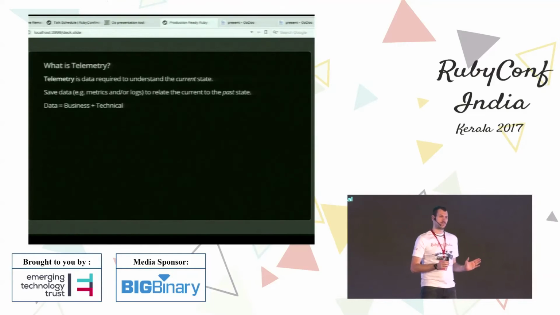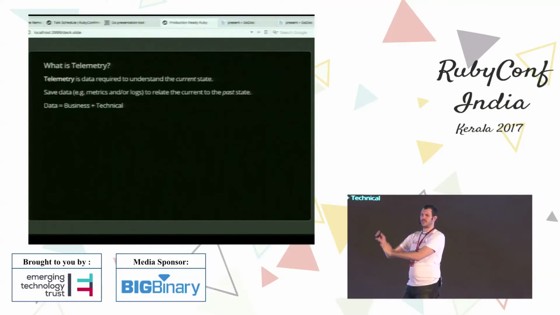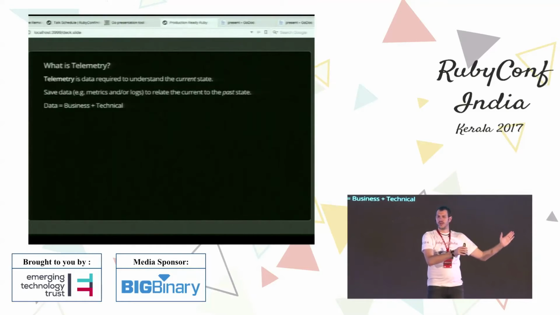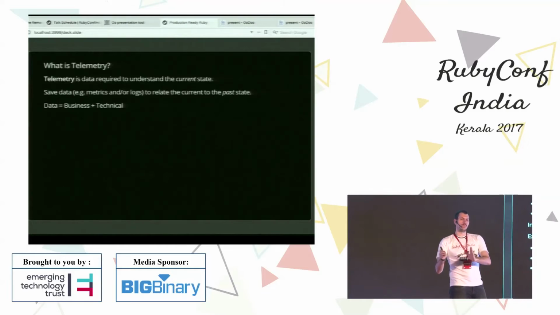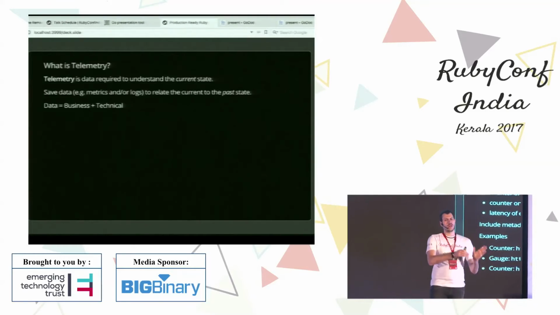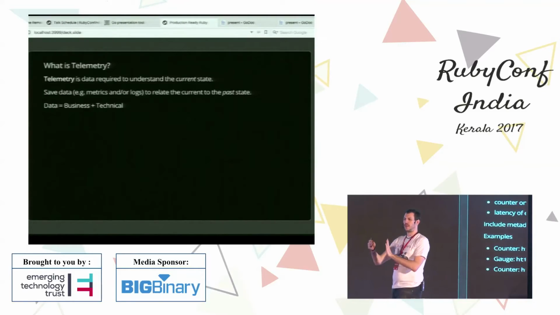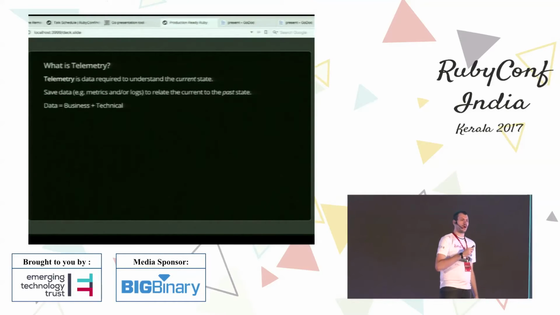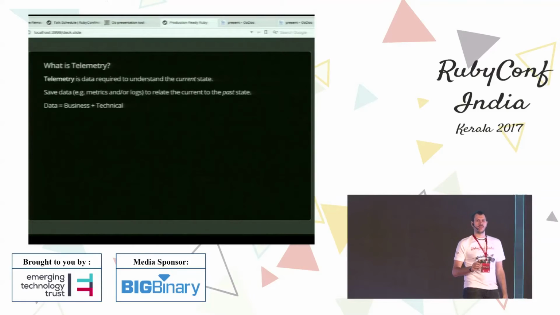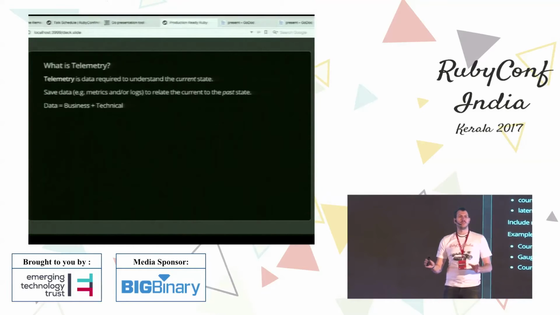past state. For example, we deployed something now. The latency of this request is X. What was it before? Have we improved something or have we created a problem? Without having the appropriate telemetry, you won't be able to answer those questions and thus act on issues that occur in a production setting. Also, I encourage you not to make the mistake of thinking that telemetry is only about